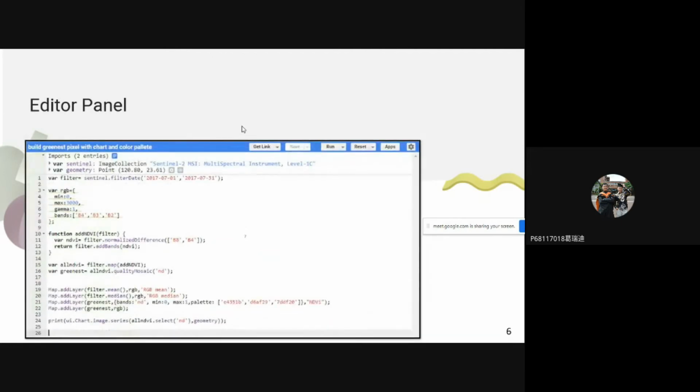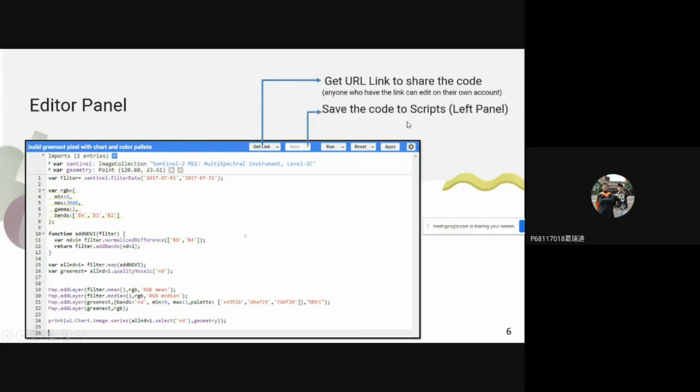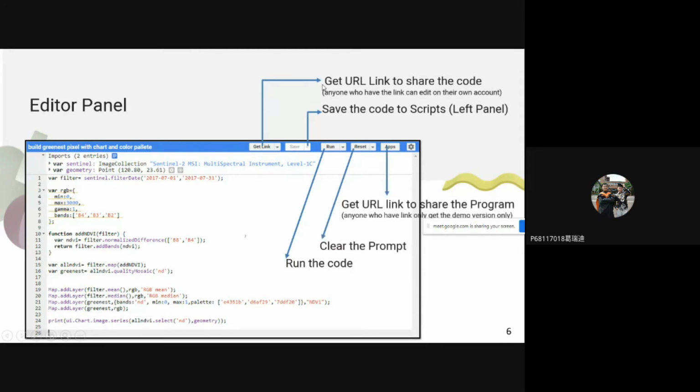And the editor panel here, I will show you. We have a get link button, save button, run button, clear the prompt button, reset button, and the add. Both of these are used to get the link for your code.